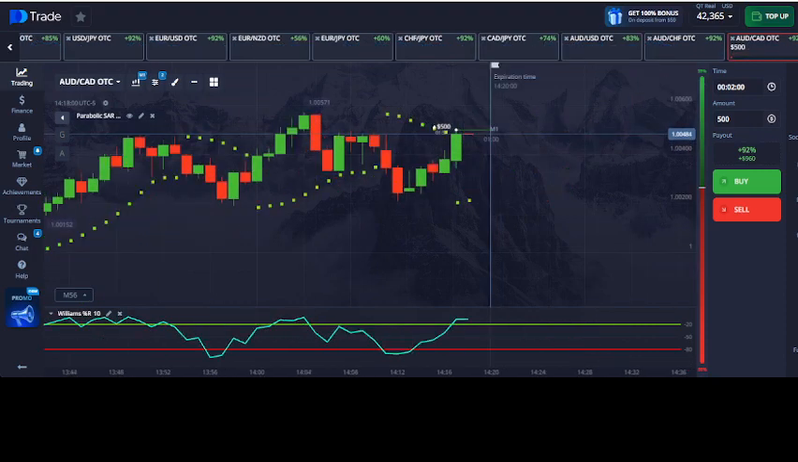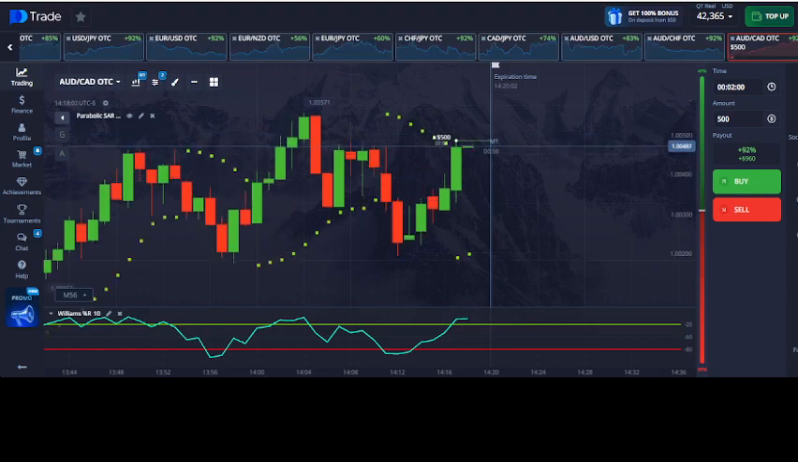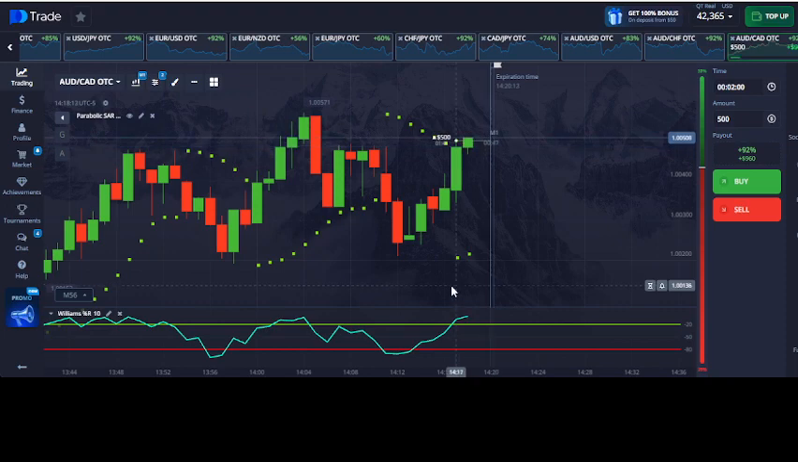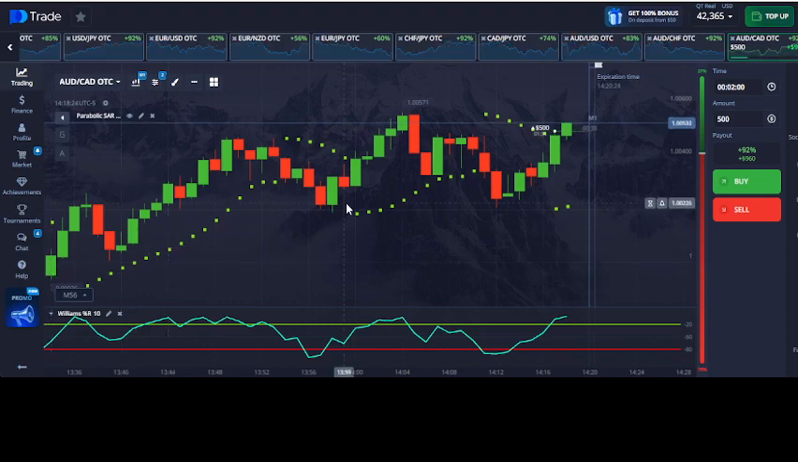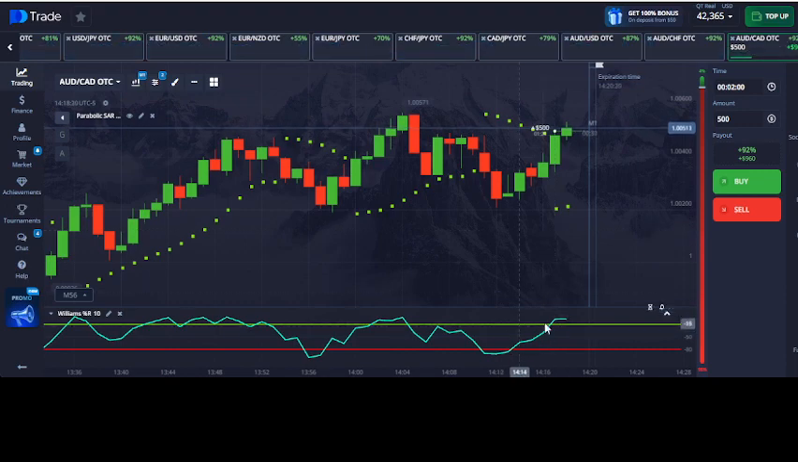Okay, so I'm on the Aussie dollar Canadian dollar OTC pair here, and I just took a buy trade. Now, the reason why I took the buy trade is, first of all, if you look at this general trend in the currency here, it's going from left to right in an upward direction here. And in addition to that, the Williams percent R line just crossed over the green 20 line in an upward direction. That's number two. And number three, the third confirmation is that the parabolic SAR dots have begun to print